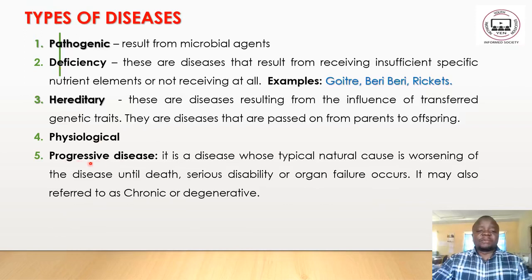Then we have also the progressive disease. It is a disease whose typical natural course is worsening of the disease until death, serious disability or organ failure occurs. It may also be referred to as chronic or degenerative disease. So when we talk of progressive disease, in summary, we are looking at a disease that when affected, it